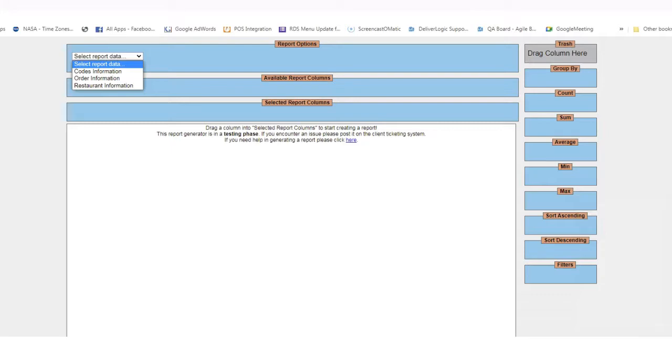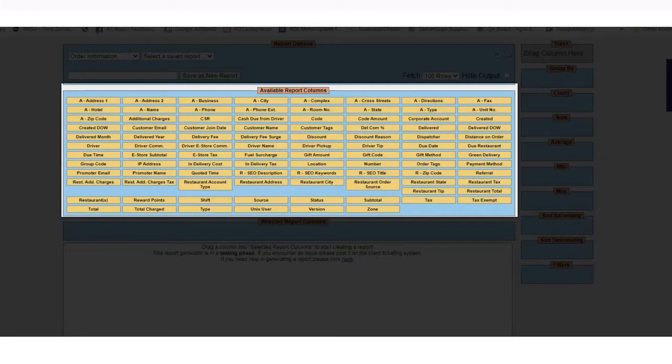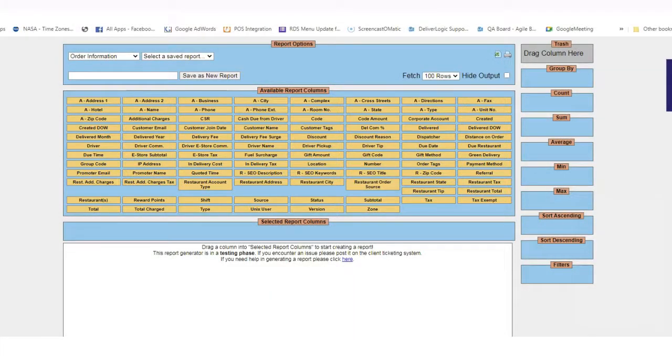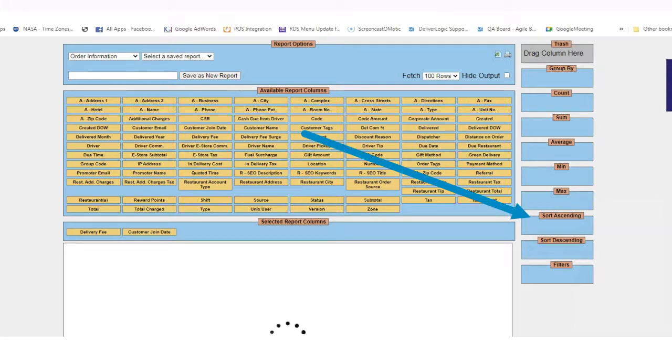Choose what type of report you would like to run and then select it from the drop-down. You will now have data that you can sort by simply dragging the name of the data from the available report columns to the selected report columns below to build the report. You can sort and filter the data by dragging the data from the available reports column to the appropriate box